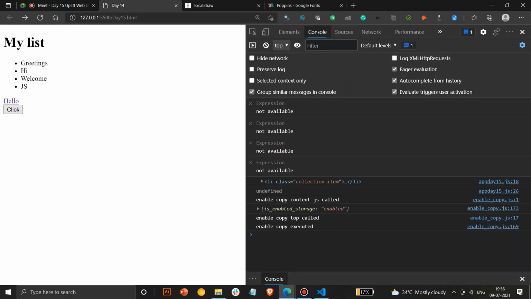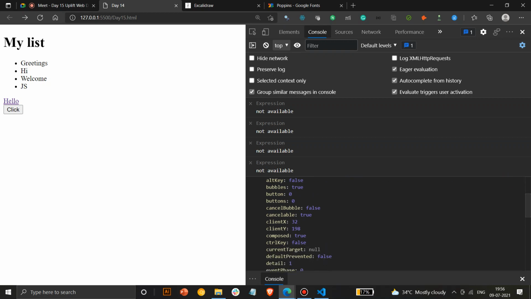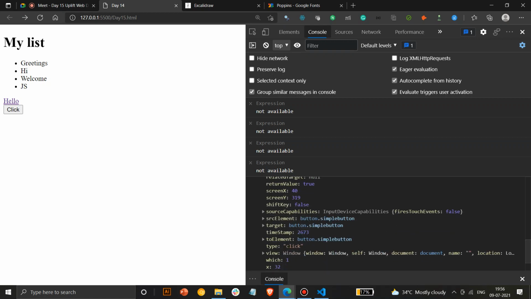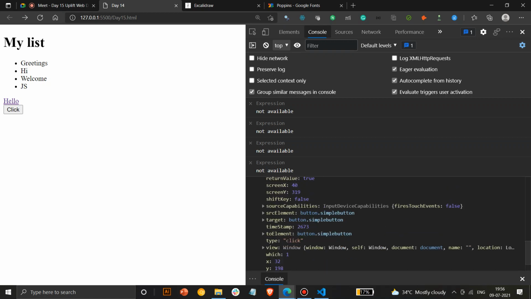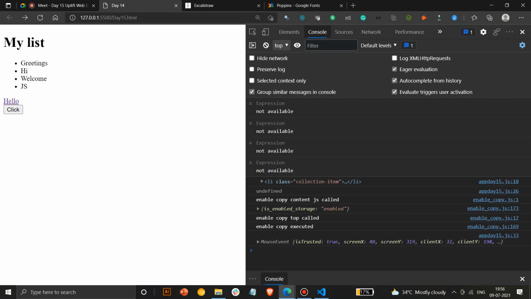Whenever you click that particular button, it shows the mouse event, is trusted, and you can see all these parameters present. You can see what bubbles means if you click on this, and something like animation. You can enable or disable that, and you get a long array of events. You can even check what specific event was performed, what the screen position is, and all these details can be present.